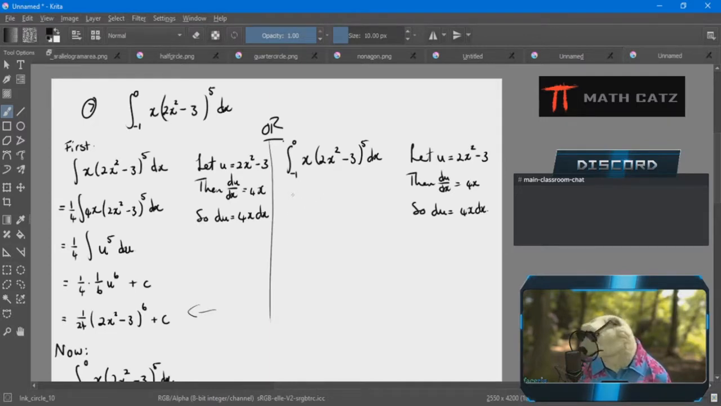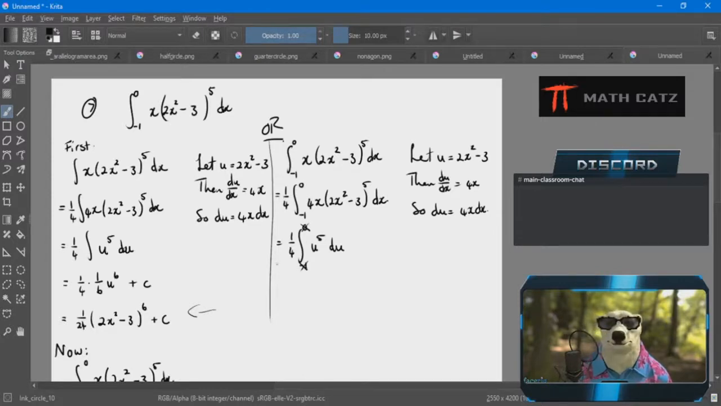I have the same issue that I need to see a 4, so I'm going to pay the price to bring in a 4 so that I'm able to get rid of all the x's as I should. So nothing's different up to now. So I get a u to the power of 5 and I get a du. But the problem now is I don't have a -1 and a 0 anymore,